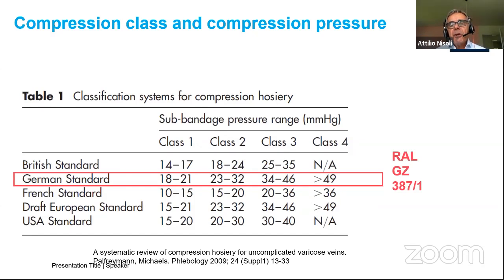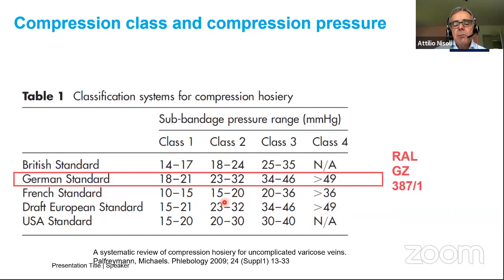Compression class and compression pressure. I said we're following the German standard, the RAL standard, and with this, we have these 4 different compression classes, what you can see here. So class 1, the lowest, and class 4, the strongest, and it starts with 18 millimeters to 21 and so on. Maybe you might ask why there is a range,